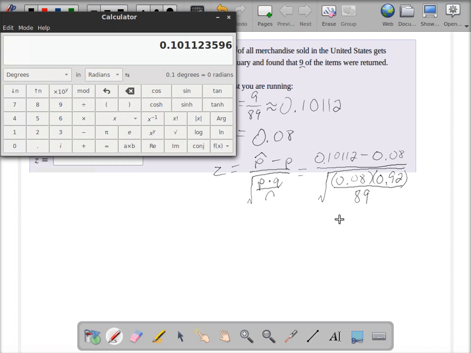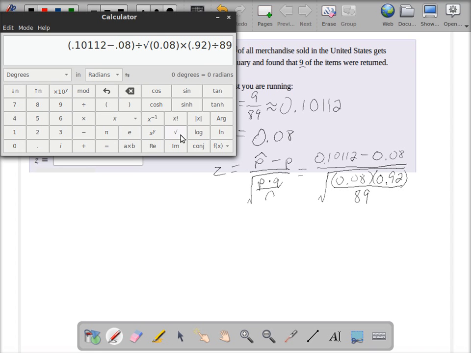So let's plug this into the calculator and see what we get. So be careful, you've probably found out by now, you have to be careful about how you plug things into the calculator. That is, use parentheses to keep everything in the numerator on top, and parentheses to keep everything in the bottom on the bottom. So we'll have 0.08 times our q, which we said was 0.92, and all this is going to be divided by